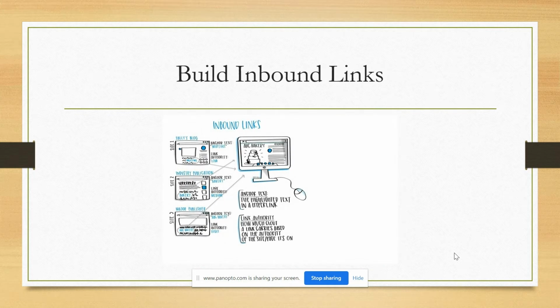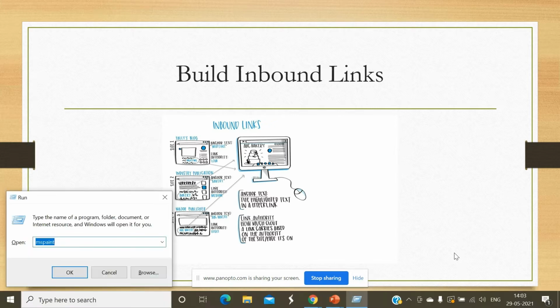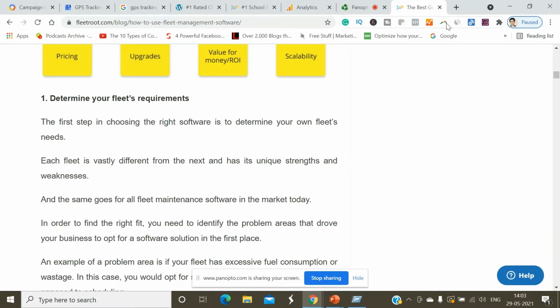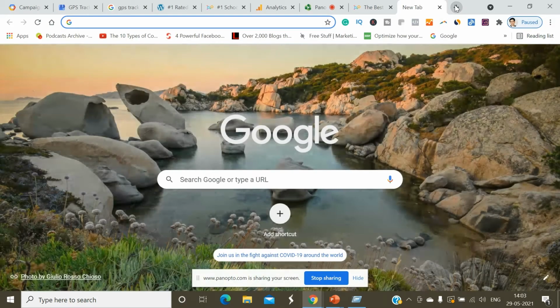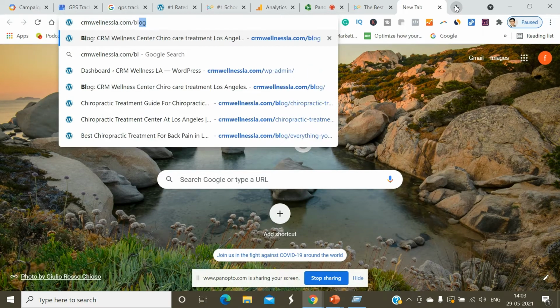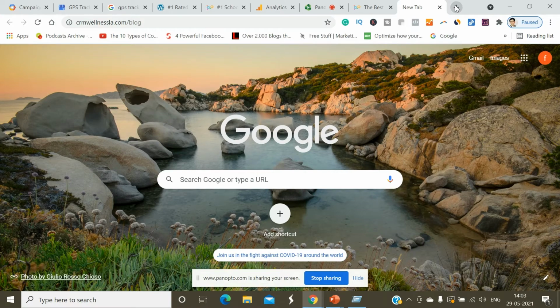Okay, so next is you have to build inbound links to your website. Okay, so I'll show you how do you build inbound links basically. So I'll open this page, crmwellnessla.com/blog.